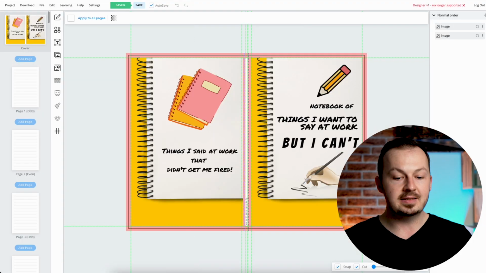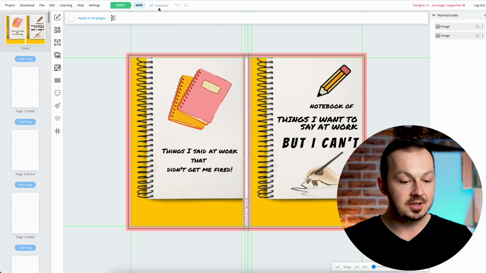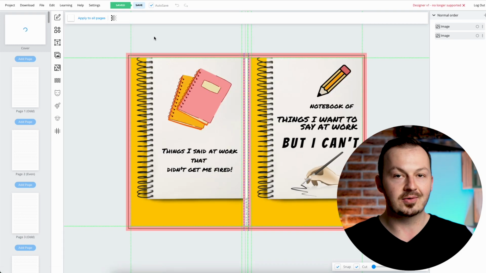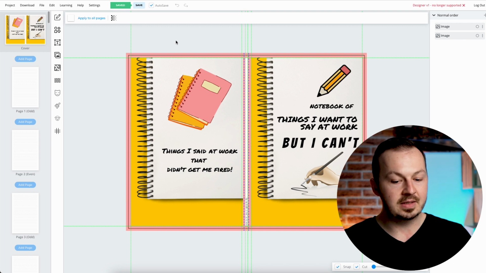This is the blank page. This is pretty much all you need to do on Bookboard.io. Then just simply click on save right here because you don't want to lose the work you have created so far. And then once you're happy with the customization, if you're happy with how it's going to look,